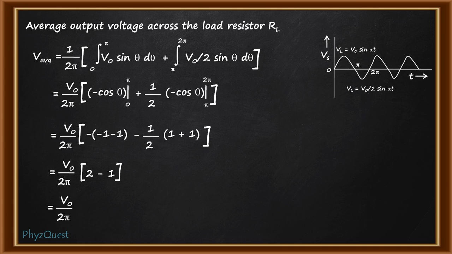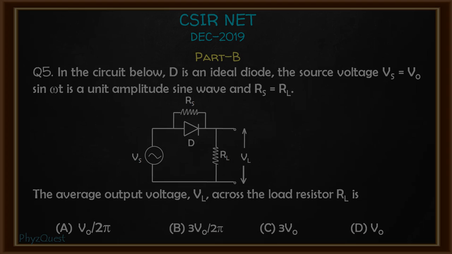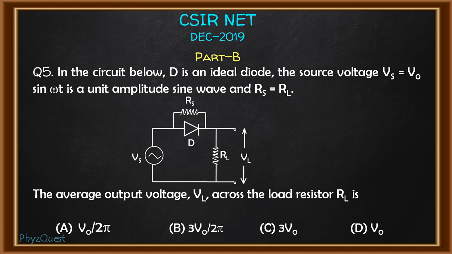So this is the average output voltage across the load resistor RL. Now let's look at the options. If you look at the options, you can see that option A is matching with our result. So the correct answer for this question is option